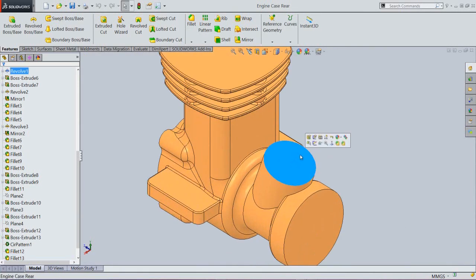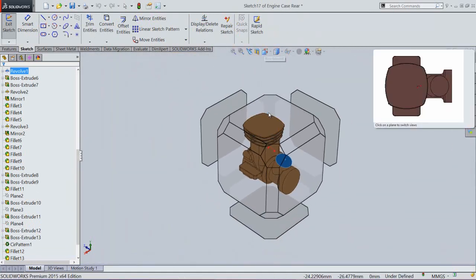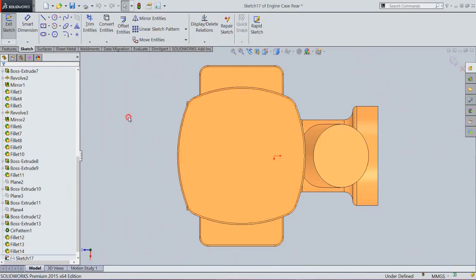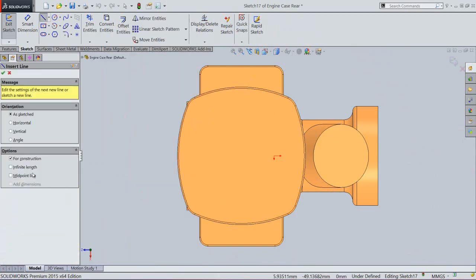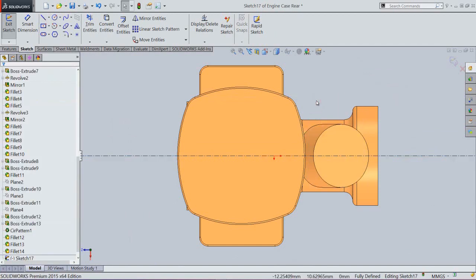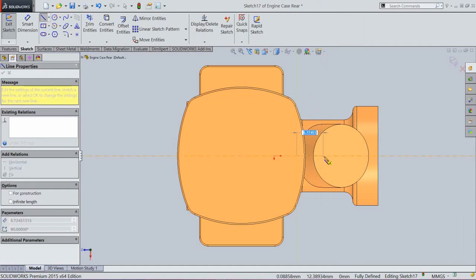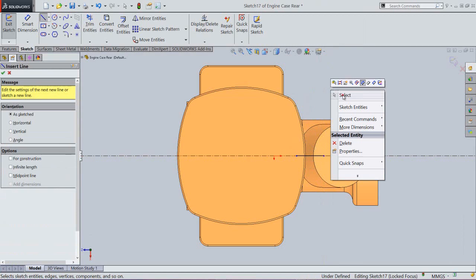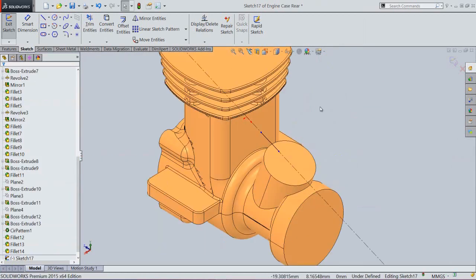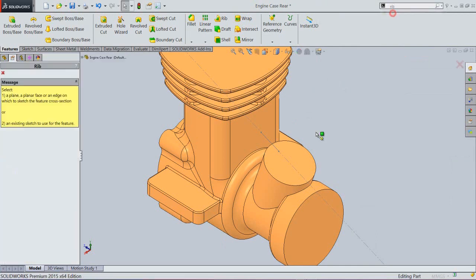Now select this face to start a new sketch. Create a center line like this. Create another line. Okay. Finish the sketch. Okay. In the search box, type rib command. Okay.